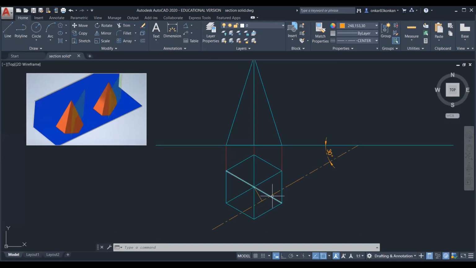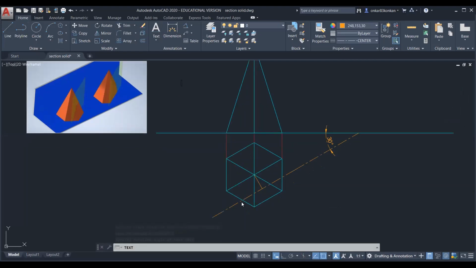Now mark the intersection points because of this section plane on the vertical edges, that is the slant edges, and on the base edges of that hexagonal pyramid. So you can observe here, this is the first intersection point.